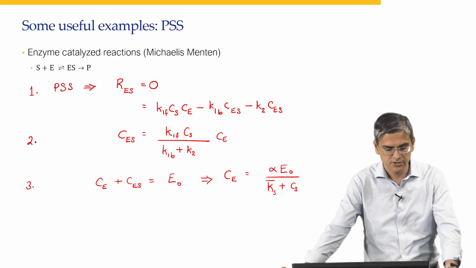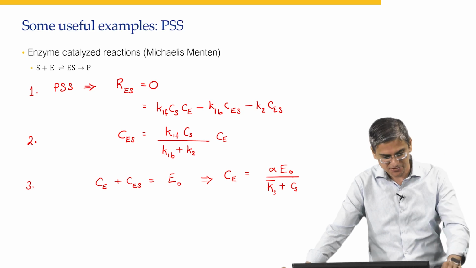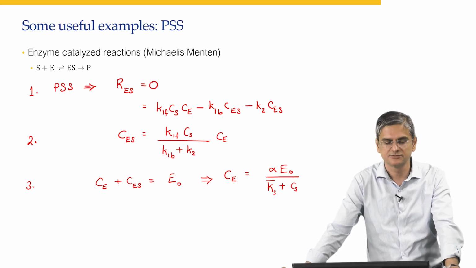This is the form that you will get. What that alpha is, what that Ks bar is, you can work it out. Okay. And finally,